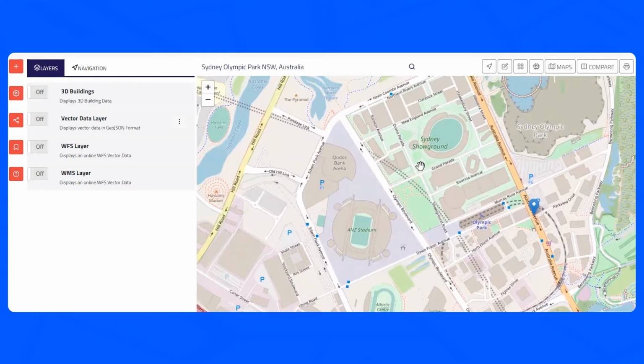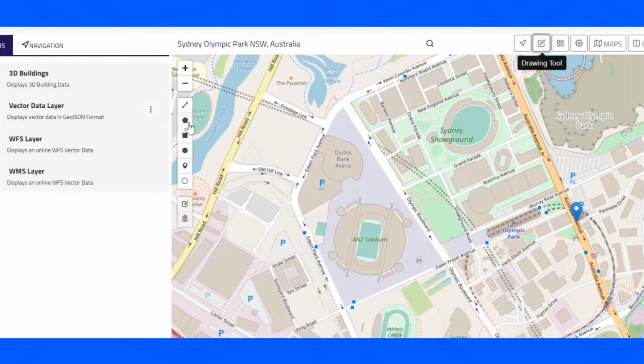So what I'm going to do in the first part of the demo is show you how easy it is to create your own spatial data without being a geospatial engineer or professionally trained. So we're going to click on the drawing tool and we're going to add three things. I'm going to add a building, I'm going to add some locations, and I'm going to add a navigation path